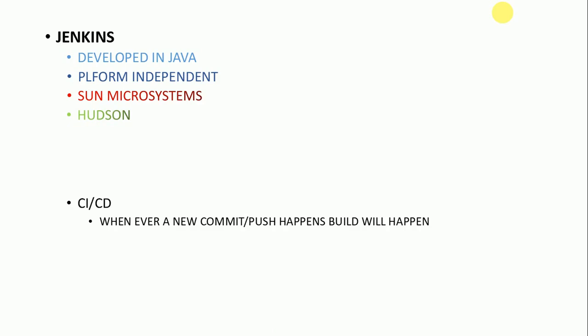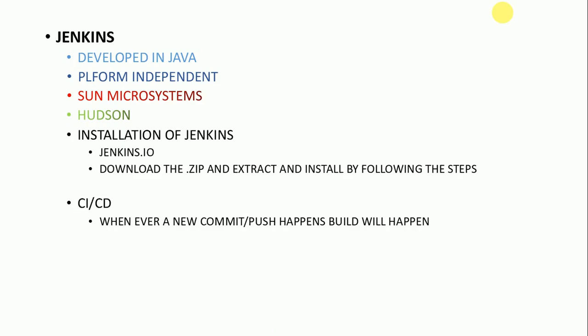What Jenkins will do when configuring everything, we'll be seeing in later videos. But now, whenever a new commit or push happens, a build will automatically be triggered in Jenkins. So this is how Jenkins is mainly used. Many integrations can be done by installing several plugins. Jenkins mainly runs on a plugin basis.